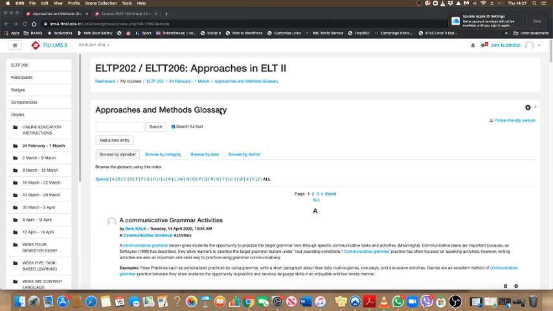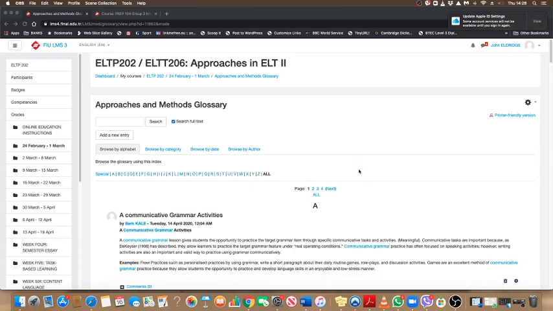But since Moodle has a glossary feature, I thought I would just continue with exactly the same task, but do it online using the glossary. So I'm going to show you today how to set up a glossary in Moodle for practicing and internalizing new vocabulary. Just to show you what the students and yourselves will see in that glossary, a little search box,